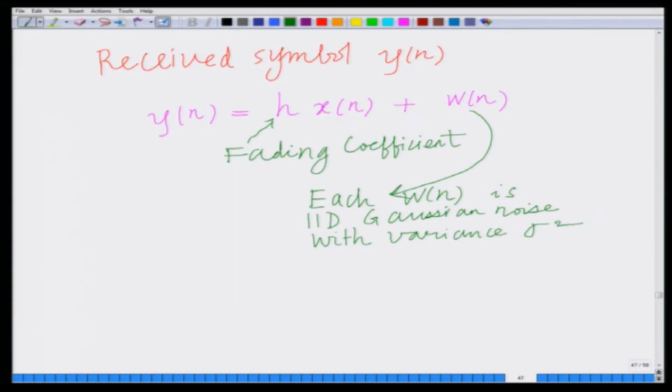So, we are saying yn equals h times xn plus wn, where h is the Rayleigh fading channel coefficient, xn is the transmitted symbol, and wn is the IID, independent identically distributed,